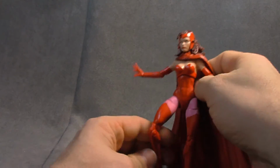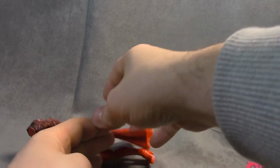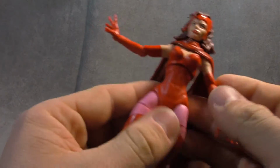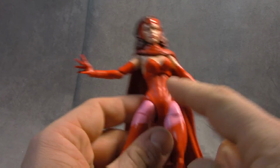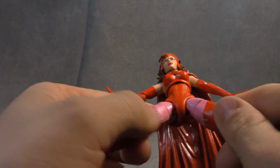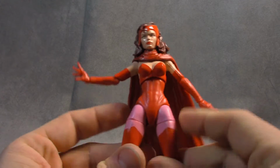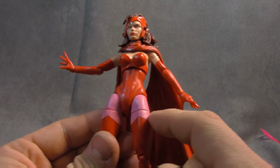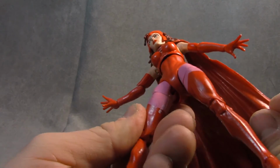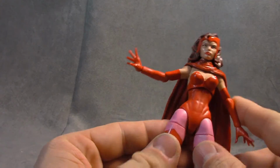One of her problems that we'll get to is that she can't stand, but that's the only complaint I have about the cape, is that I wish it was a little bit longer so you could use it to stabilize her in a standing position. Torso is just red plastic, but it's got a definition of muscle and so forth in there. We have T-jointed ball joints for hips, and it's pink. Now this is interesting. Pink plastic, red plastic, but this pink is painted on, and that is a pretty good match. Usually they don't match up very well, but that's a pretty good match. I got a little bit of smudge right there, and if you use the thigh swivel, you can see the red breaking through, but otherwise,